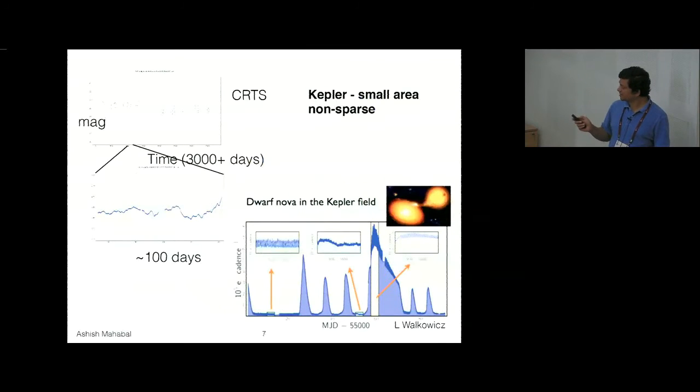And again, the sparsity of the time series. You don't have to read the axis here, but this is several years worth of data and a few points in each year. But compared to that, the Kepler time series covers a very small fraction of that time period, and you have a very large number of points. So these ones you'll want to try to combine.